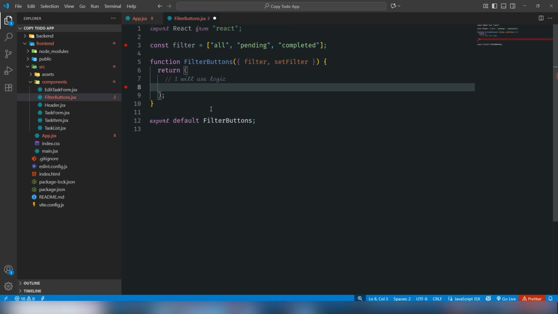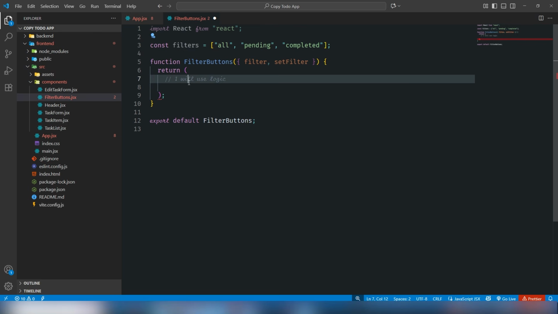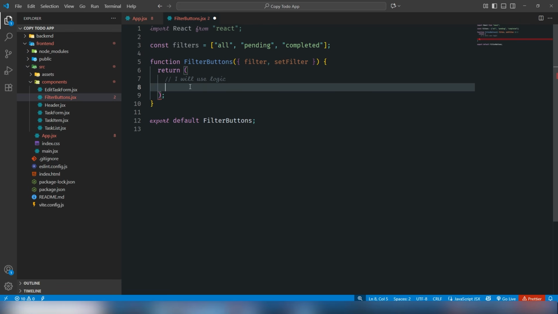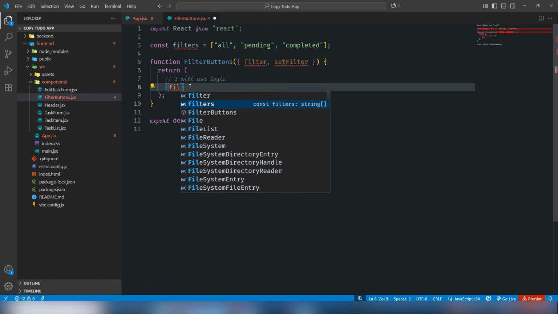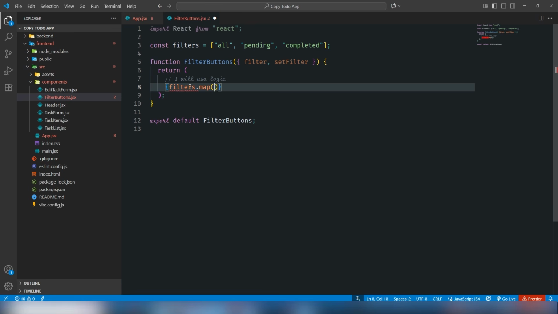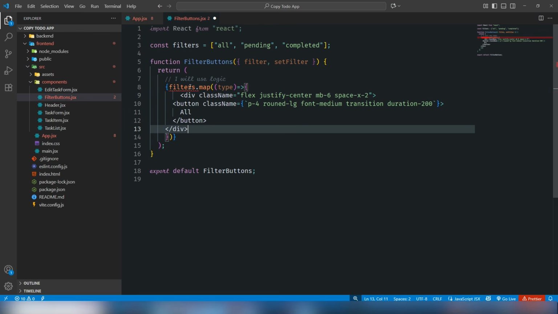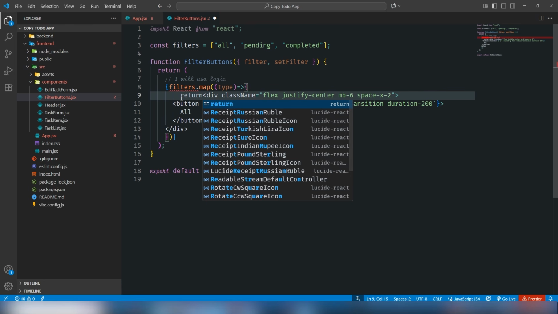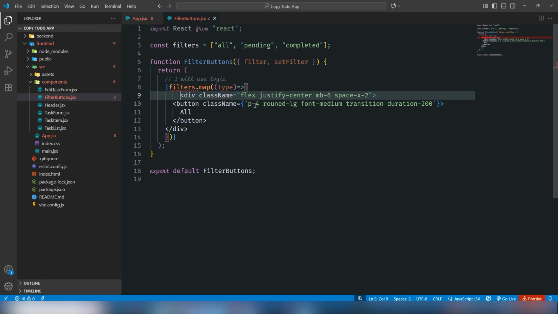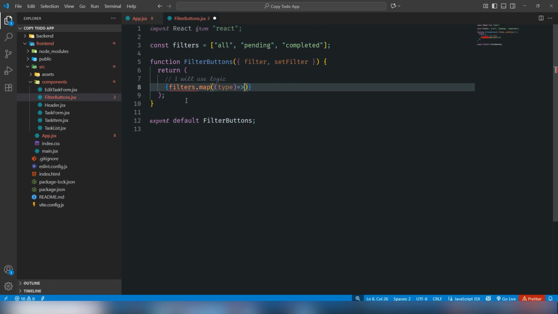Cut it and filters dot map type, and I'm going to paste that code. But why am I facing this? Okay, the problem is, give me a second,